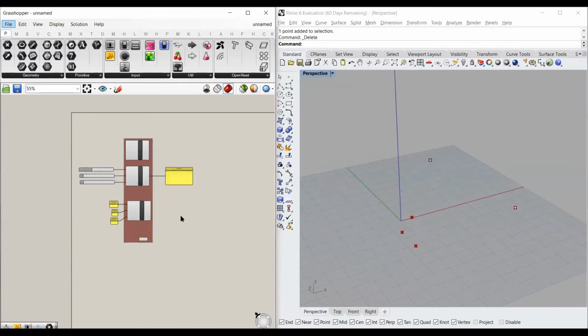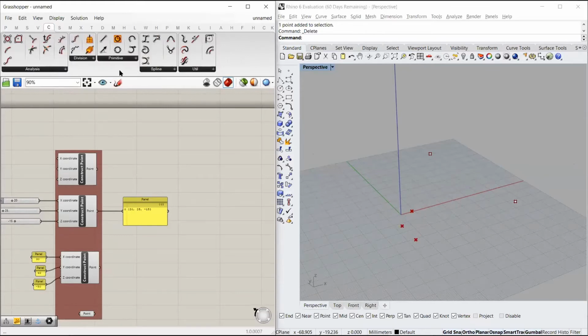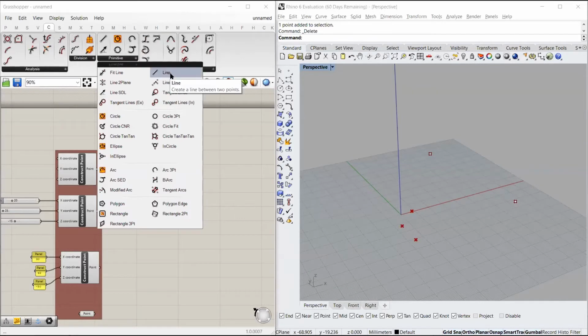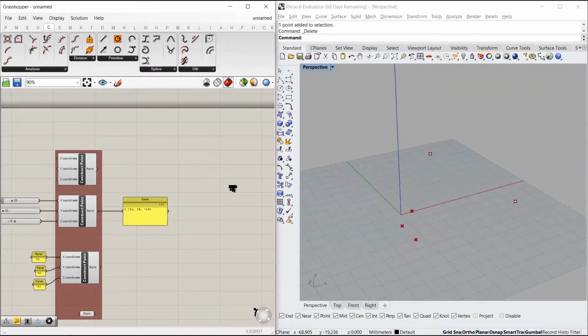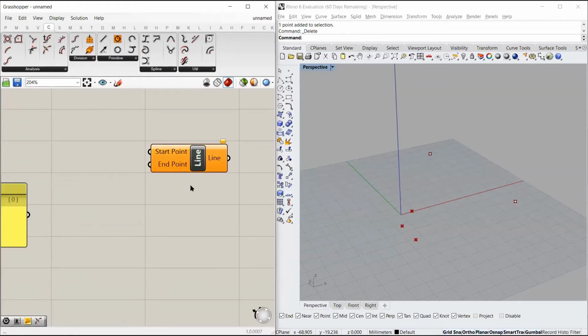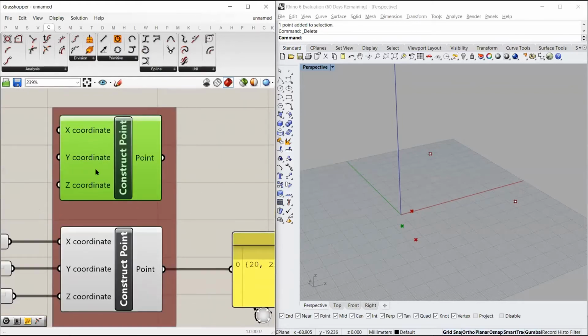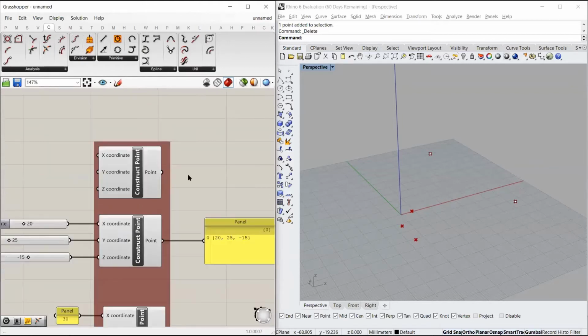Okay, so we would proceed to make lines. Now to make lines, there is a component tab of curves in which there is a toolbar of primitive components in which we have this line option. So we can choose this component and drag and drop it over here. You see, by default, when we try to create a point, we had default values for our inputs x, y, z set at 0, 0, 0. That's why the component was running perfectly fine and we had a gray color of the component.